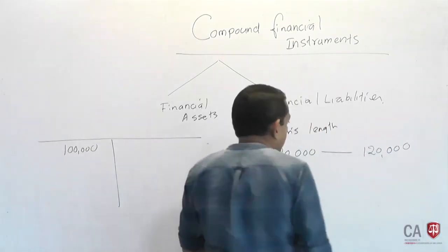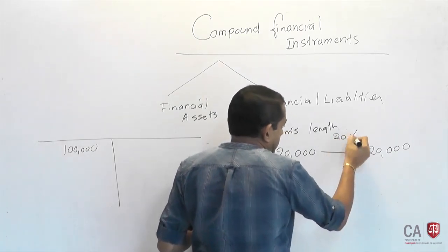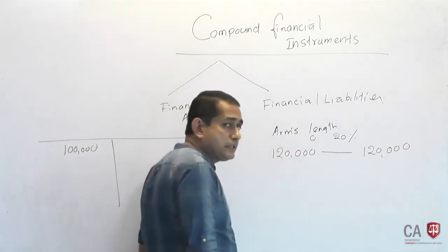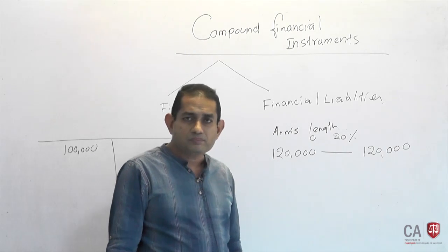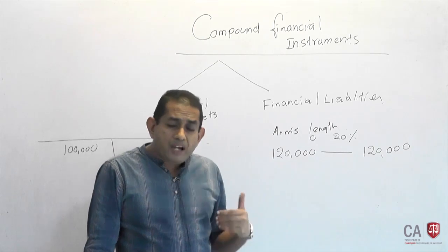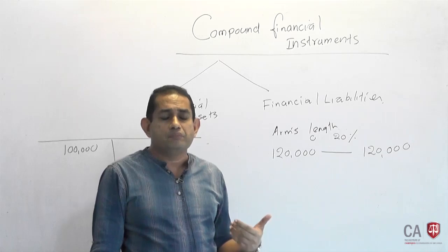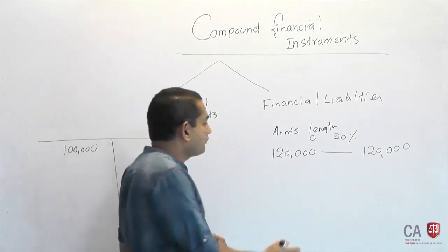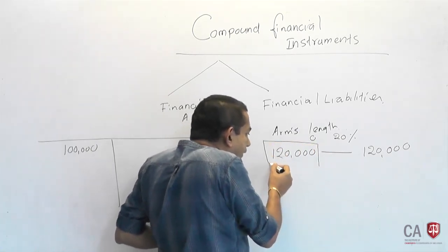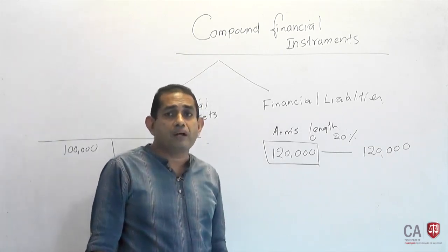And this is what is very important to understand. Market rate is 20%, but the employer is charging only 0%. Is the transaction arm's length? Not at all. Where the transaction is not arm's length, can the value be expected to be the fair value? Not at all. If the fair value is not available, can we recognize financial assets? Cannot. Then you need to find out the fair value.